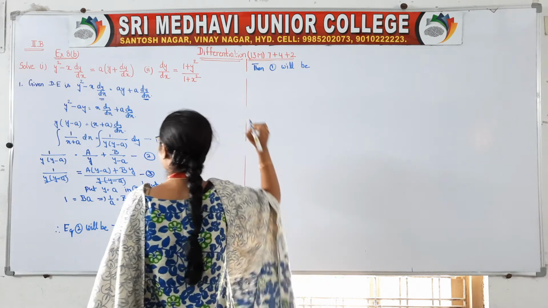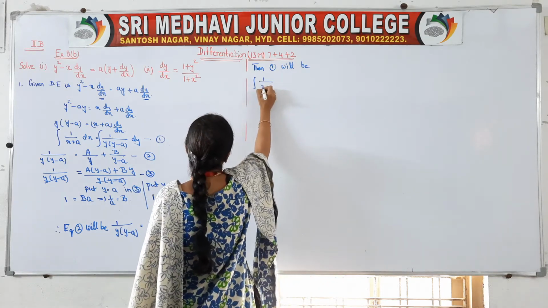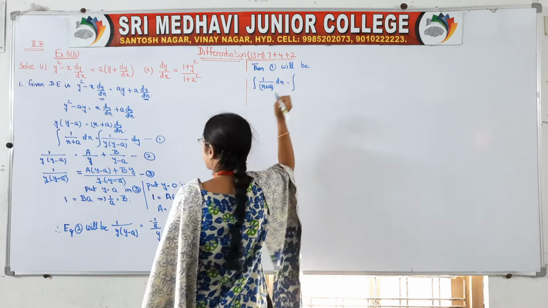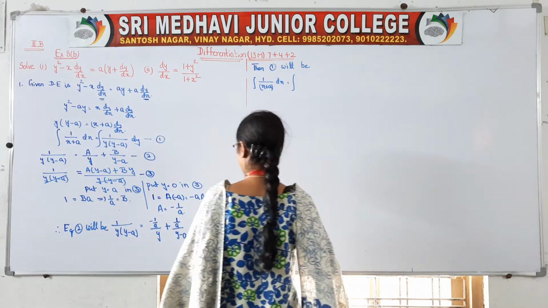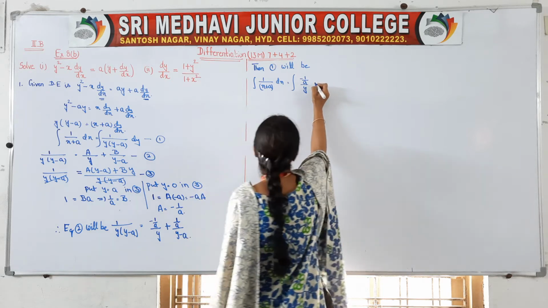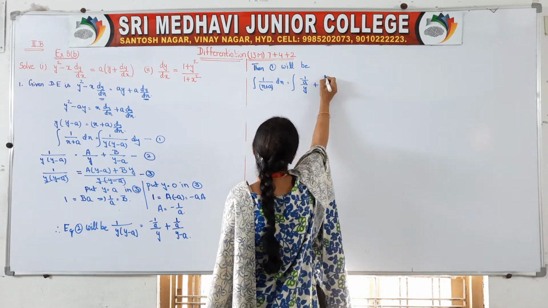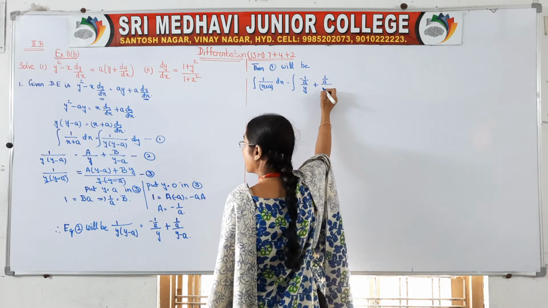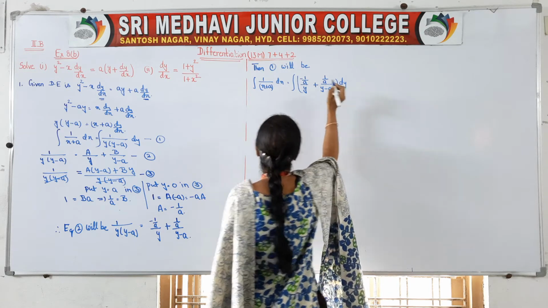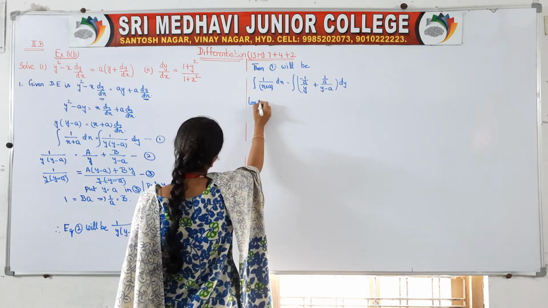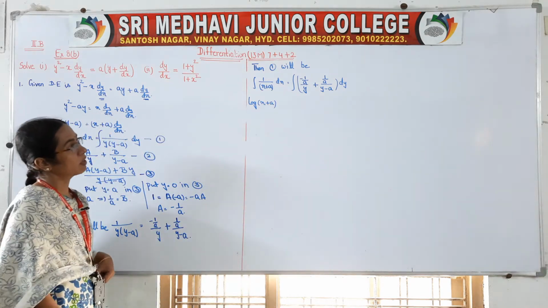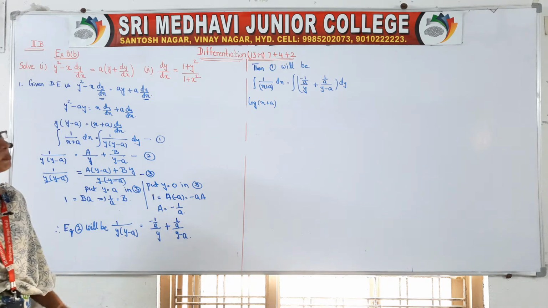The integral of 1 by (x plus a) dx is equal to the integral of, instead of 1 by x times (x plus a), we use partial fractions: minus 1 by a times 1 by y, plus 1 by a times 1 by (y minus a), dy. Separate it. This is the log standard form: the integral of 1 by (x plus a) is log of (x plus a), a standard integral formula.